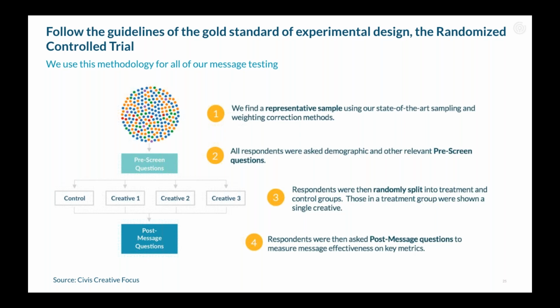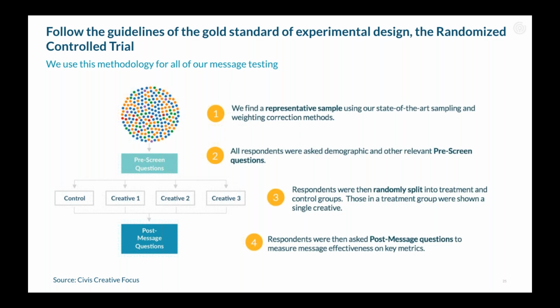So starting at the top, first, you'll want to find a group of people that's representative of the population you're interested in. In our surveys, that could be 3,000 survey takers in the state of Illinois. Or in the case of A/B testing, it could be all visitors to your website over the next 3 days. Second, you want everything else about the experience to be as similar as possible so that you're really just measuring the difference of the particular test that you're trying to do. In a survey, that means that everyone sees the same questions leading up to the creative you're testing. In an email, it means you want to keep all of the elements of the email the same.